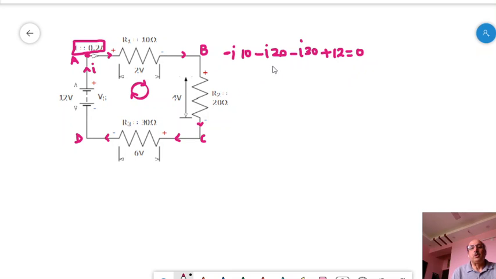So 12 is equal to 10i, 20i, 30i, that is 60i. Minus 60i on one side, and on the other side it will go plus 60i. So i is equal to 12 by 60, that is equal to 0.2 ampere,